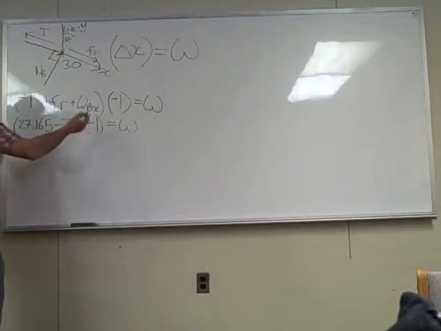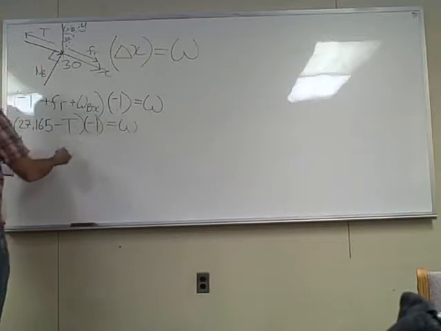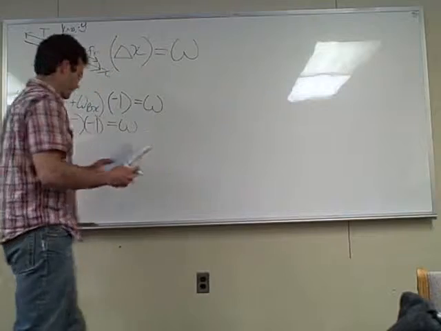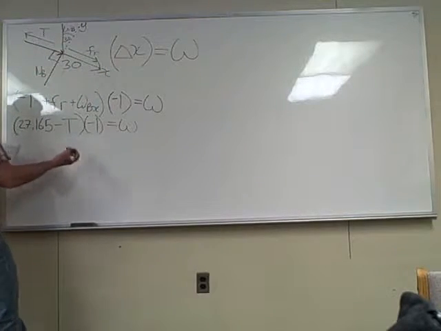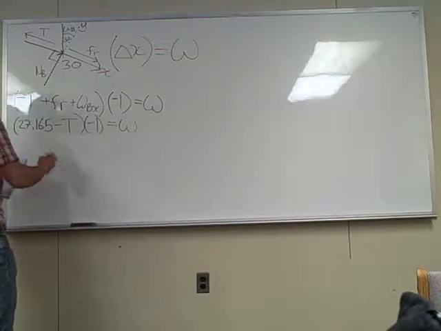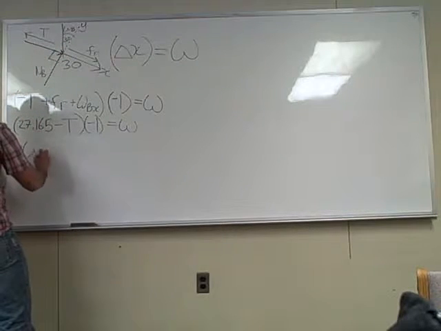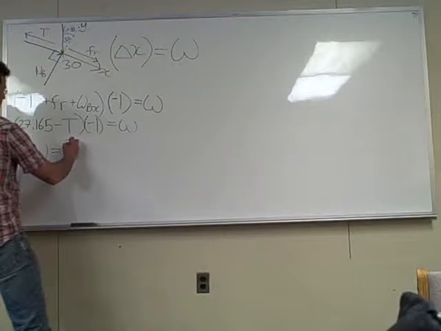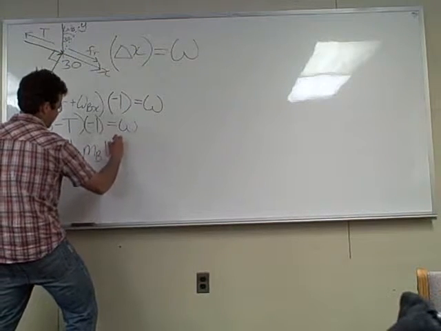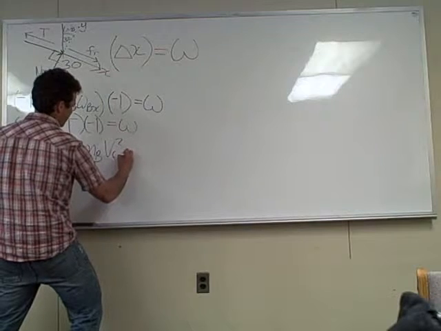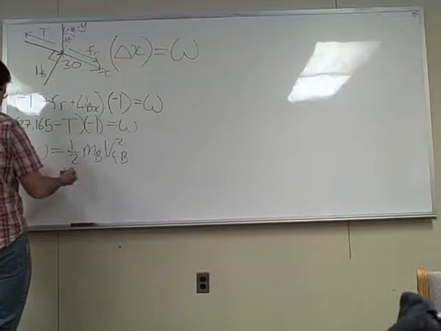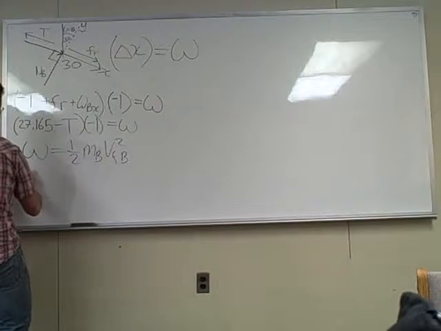And so now that I have my work, I can substitute into my work and energy equation, and again, my initial velocity is 0, so the initial term in the work and energy equation goes out. So I'm left with my work is going to equal 1/2 the mass of block B times the final velocity squared of block B. And I know what my work equals, so I have